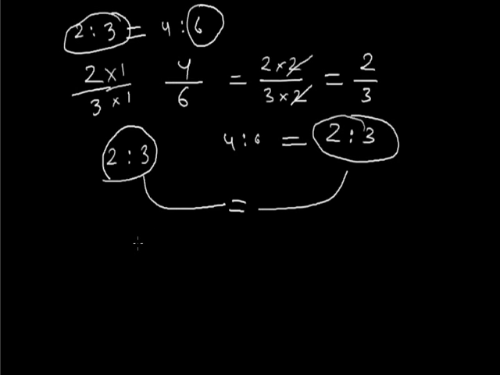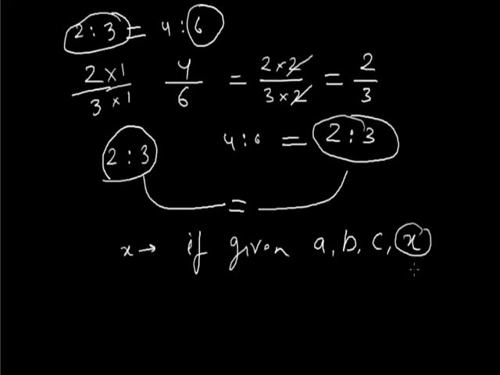That's why the conclusion is that the last concept which we have learned for proportionality is verified, and you can use it to calculate any number x if given that a, b, c and x, where x can take any value among these four numbers, are in proportion.